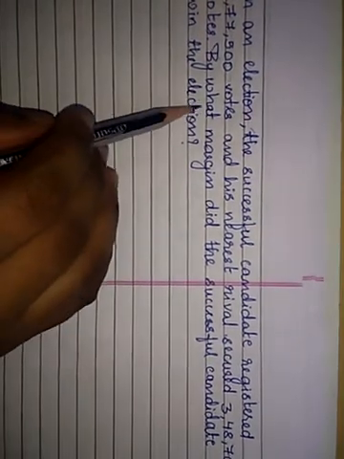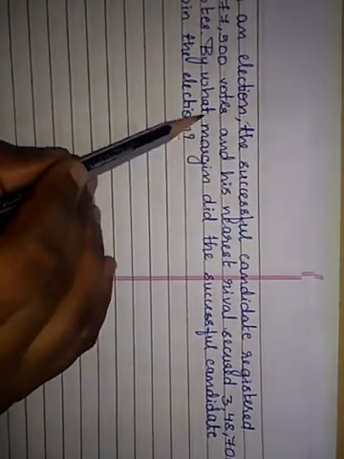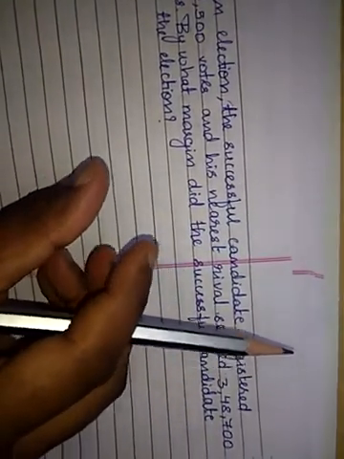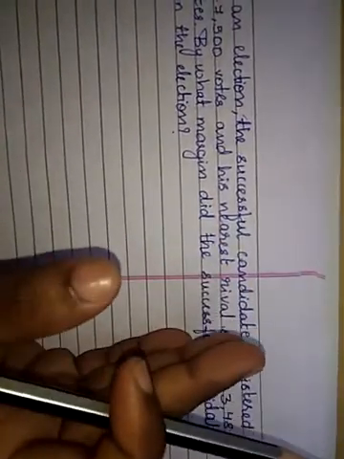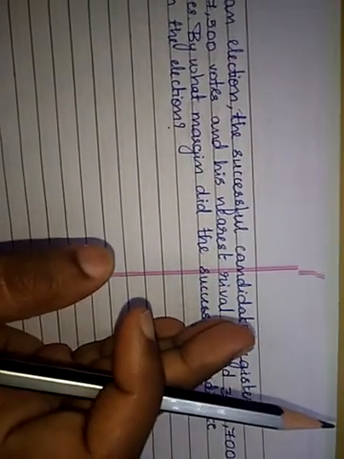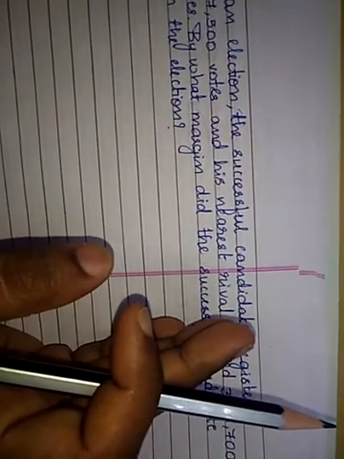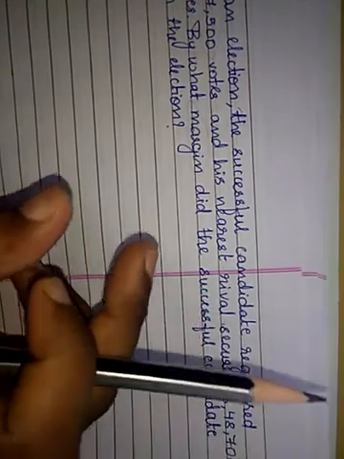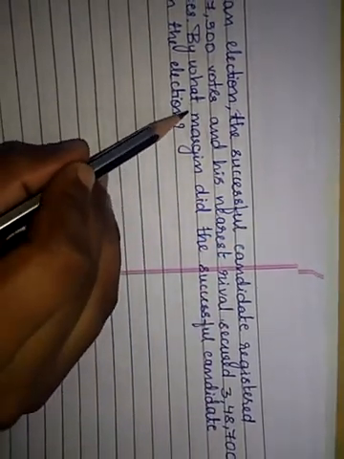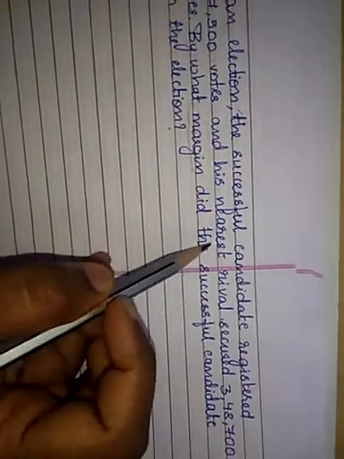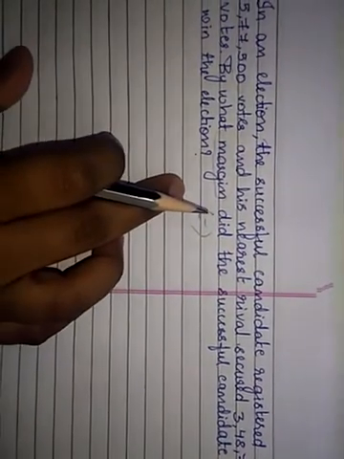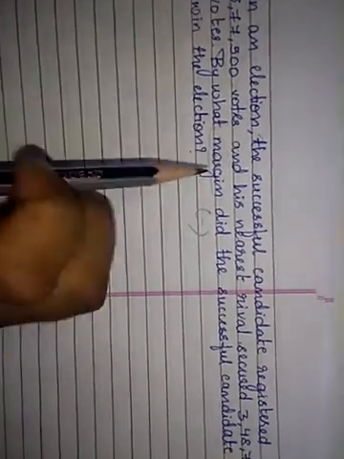Okay, so they're asking by what margin. Margin means the difference in number of votes. Difference means subtraction, right? Margin means difference, how much gap there is. You would have heard in the news, they have won by this margin of votes, they are the winners. So what margin means is the difference of votes. Difference means again subtraction. So subtraction from which number to which number will you do? Greater number to smaller number, right?